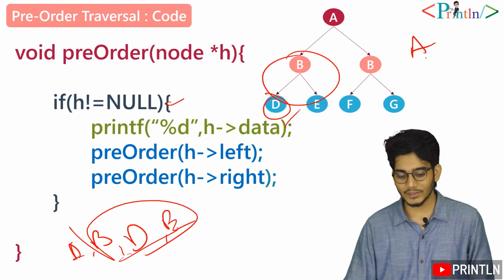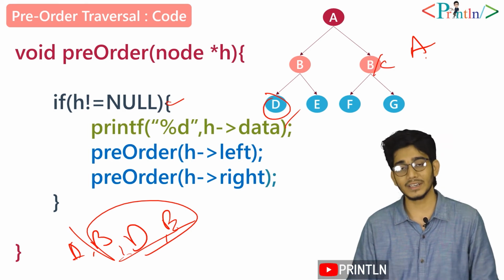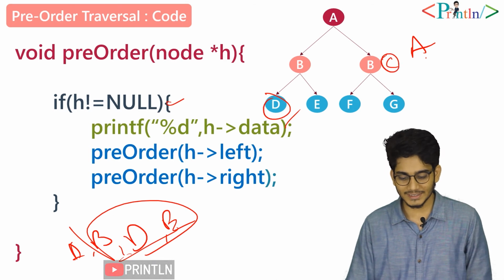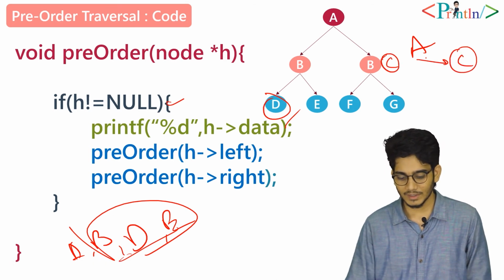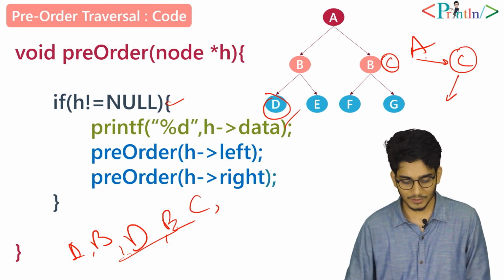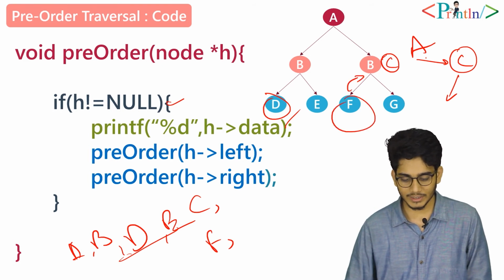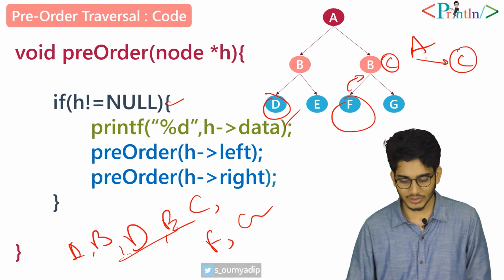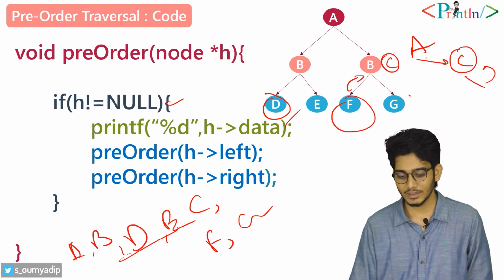Now we'll traverse the right subtree of A. So it should be C here. You can treat this as B or C, whatever you want, it's not a BST. So let's say this is C. Now it will go to C, and at first it will print C, then the left of C, that is F. F doesn't have any child, so it will just return here. Then we'll print G. G doesn't have any child, so it will return the control here. Then it will return the control here.